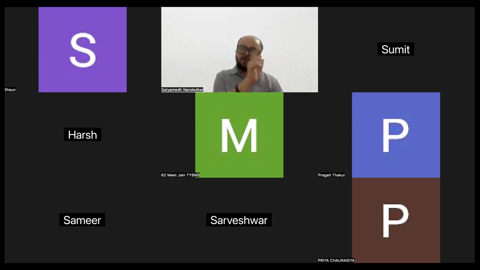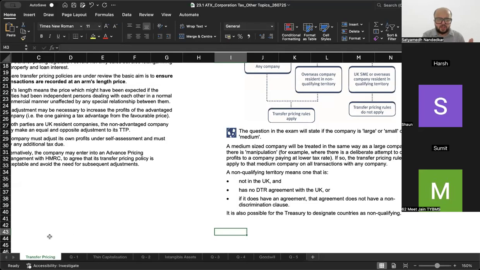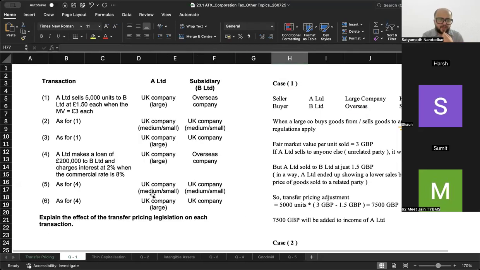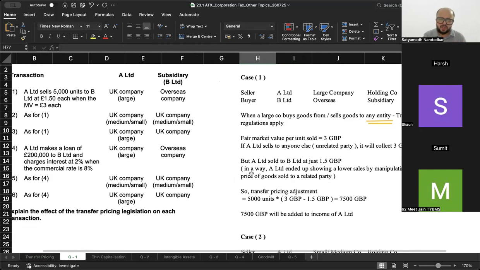Take the difference of the two, and include that difference in your income. And if I include that in my income, the other party, if it wants, can include that in its expenditure and claim that expense. Okay? Now look at case 1 and this situation, and I would want you to just go through case 1 once.